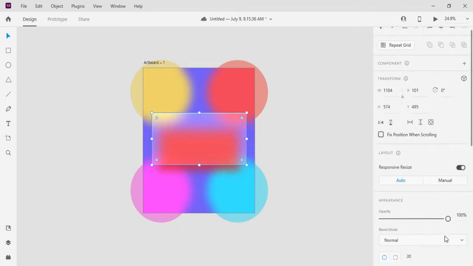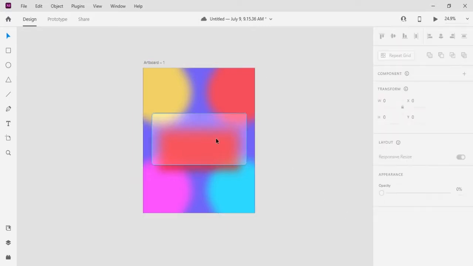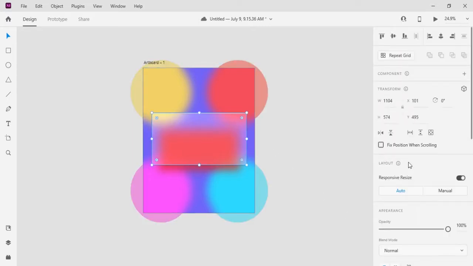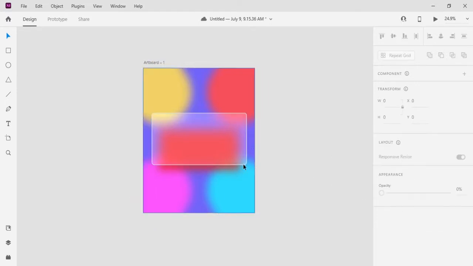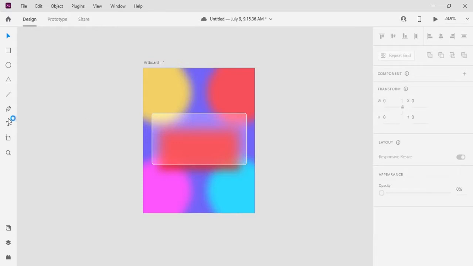So what I'm going to do is give this a drop shadow. I'll give it a drop shadow. That looks okay. So after this I'll remove the. Alright, now I'll add the. That's okay. So I'm going to go ahead and bring out my